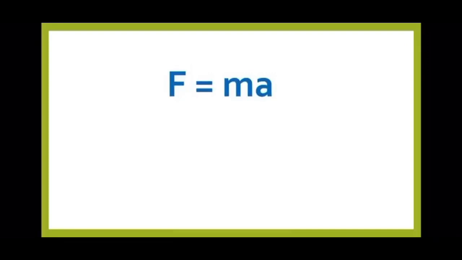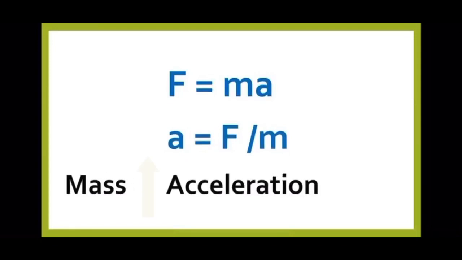This is because from the second law of motion we have force F equal to the product of mass and acceleration, from which acceleration is equal to F divided by m, that is, force divided by mass. That is, when mass is greater, the acceleration is lesser. Here, the mass of the gun is greater and hence its acceleration is lesser. But the bullet has lighter mass and greater acceleration.